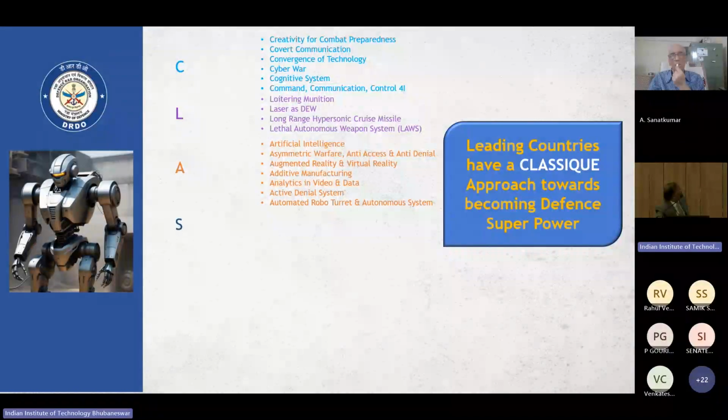What does my S stand for? Now you all can guess actually. Stealth systems are going to win the war. I told you AMCA is going to be stealth. Sustainability is very important, which is going to win the war. Economy and sustainability. Every third day you cannot change your weapon.